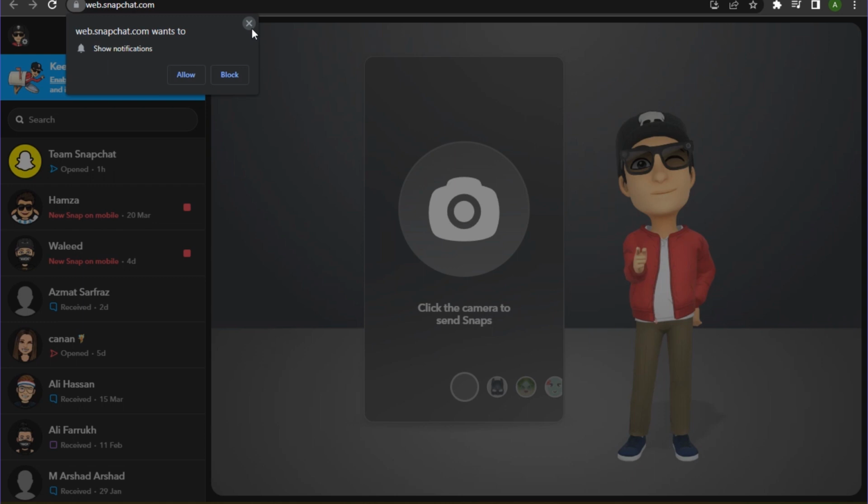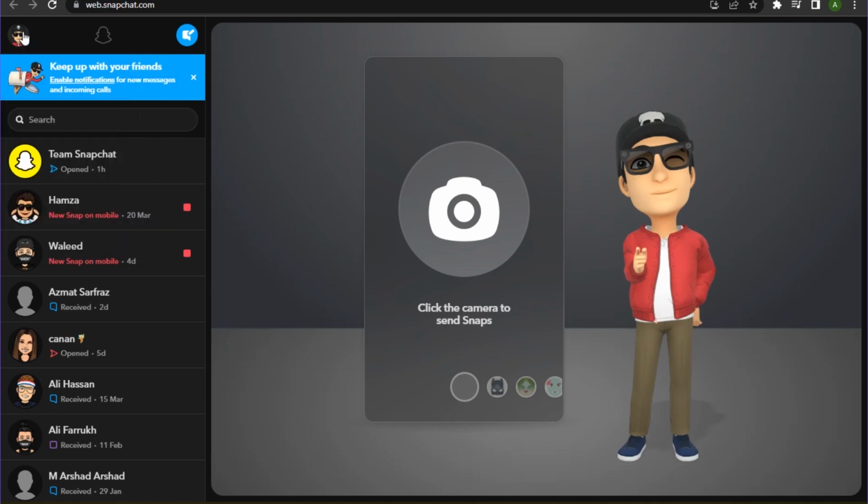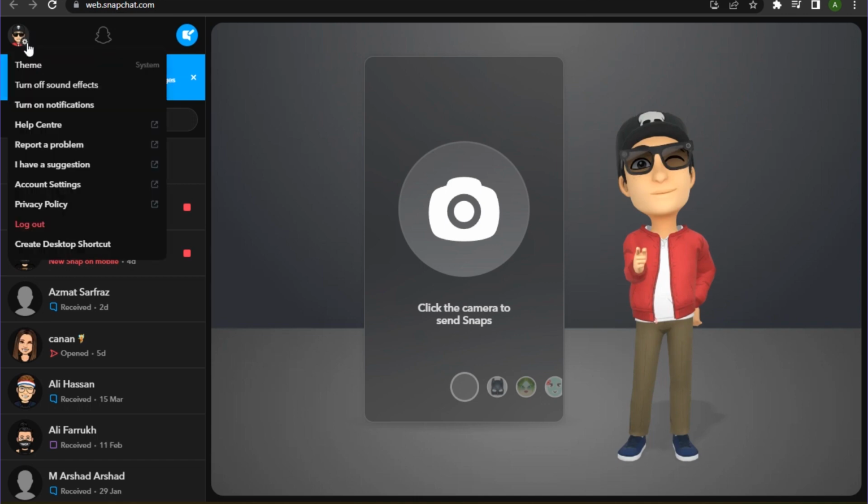So once you are here, if I click on my profile, on the top left corner there is no option to see the memories of my Snapchat account. So right now there is no option officially available from the Snapchat that you can access the memories of your